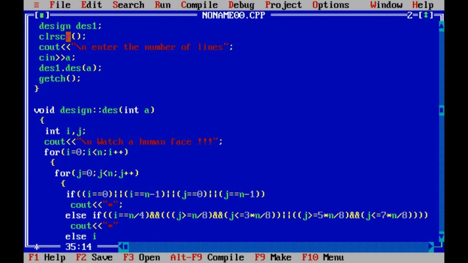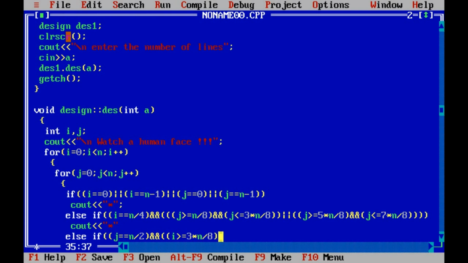Now we need to print the nose of the person. So we will be sticking on to printing the vertical line, j double equal to n by 2, that is at the center of our human face. And for i greater than or equal to, now we have already used i equal to n by 4.